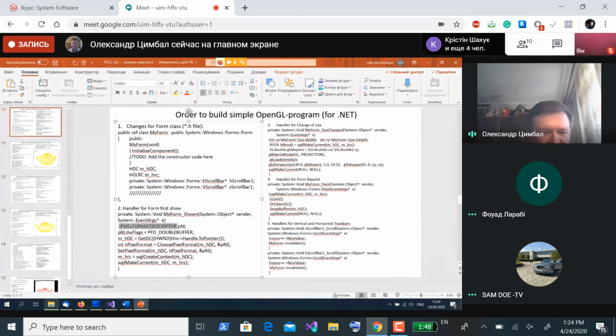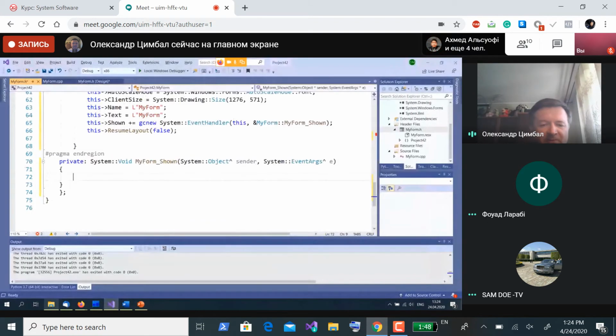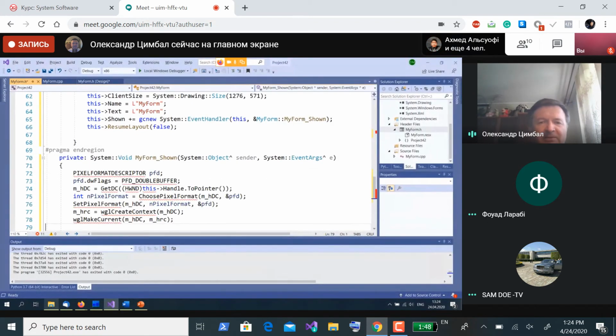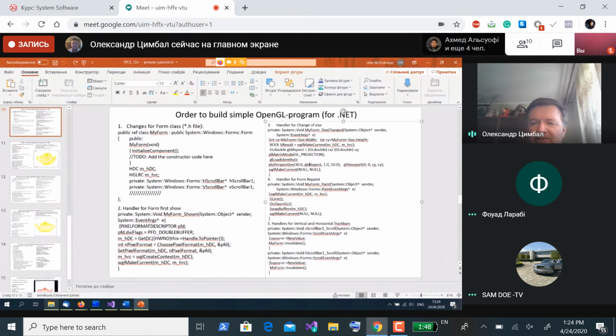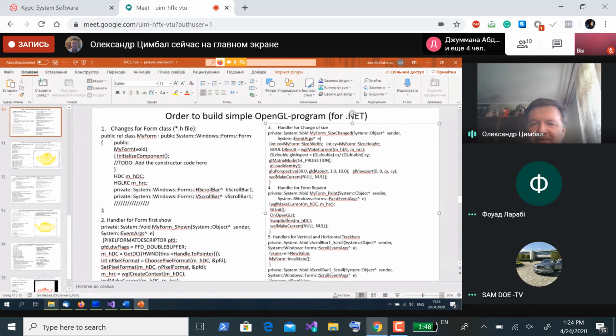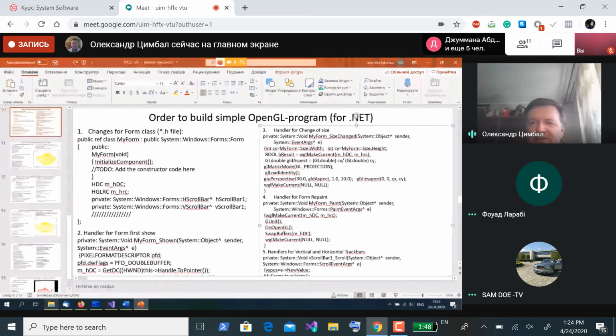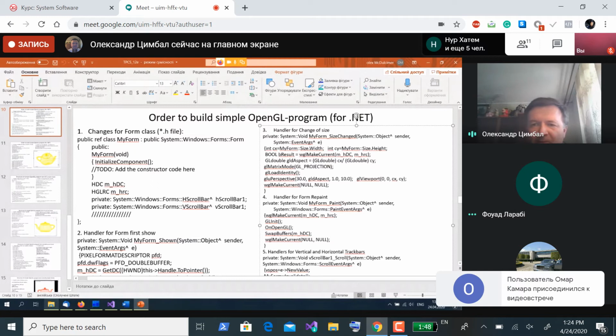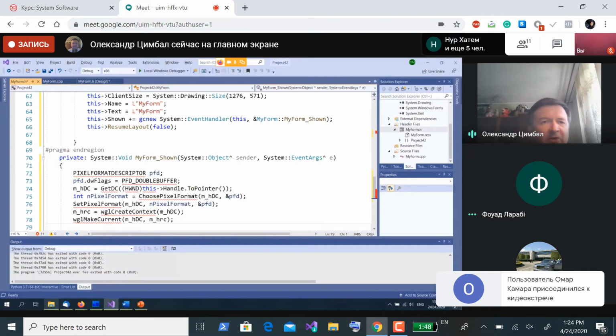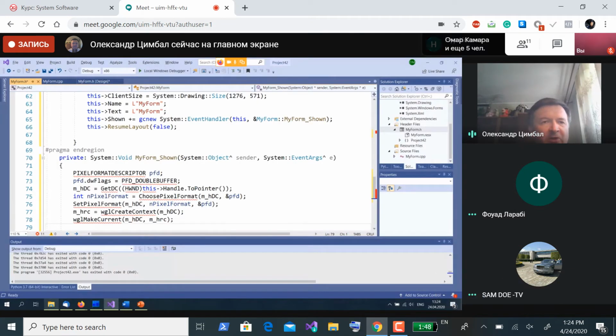So this is Shown. And now we can copy the code which is inside this Shown. Maybe from end till beginning. Control C. It's the function myForm Shown. It's first. Next function, number 3, function size changed. This function will work if we want to change the size of our window. Also, we are doing